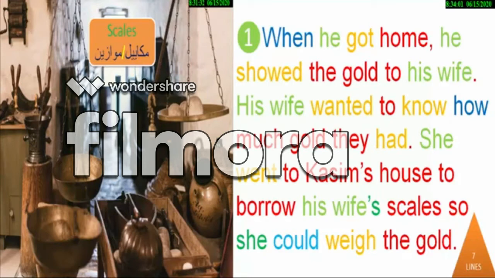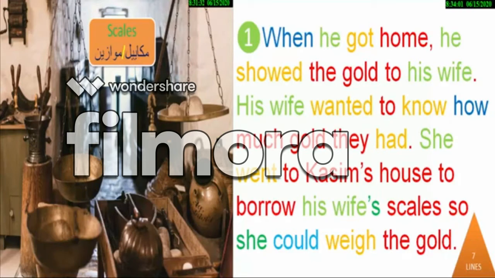When he got home, he showed the gold, he showed بمعنى أظهر أو عرض الذهب, show the gold إلى زوجته أو على زوجته بالأحرى. He showed the gold to his wife إلى زوجته على زوجته. His wife زوجته